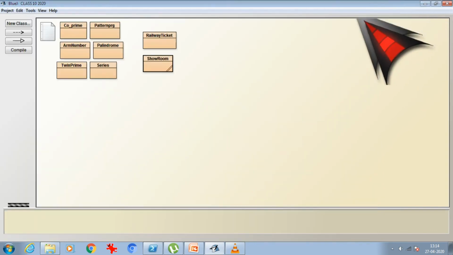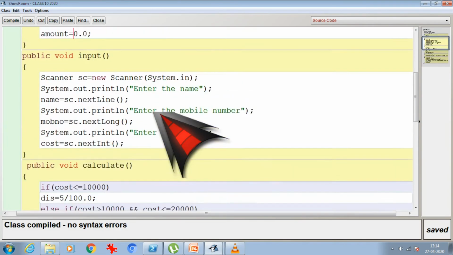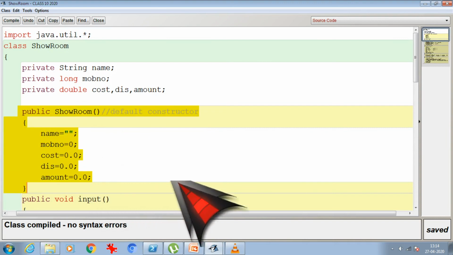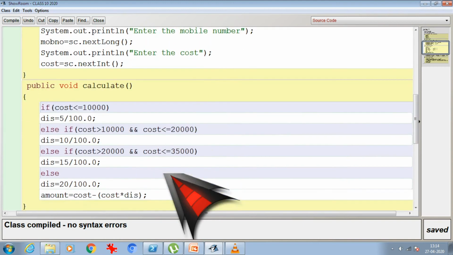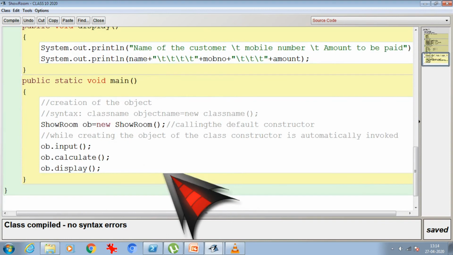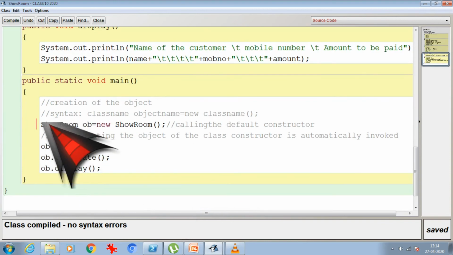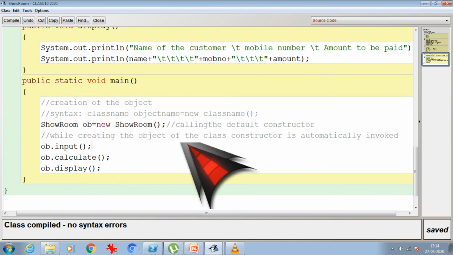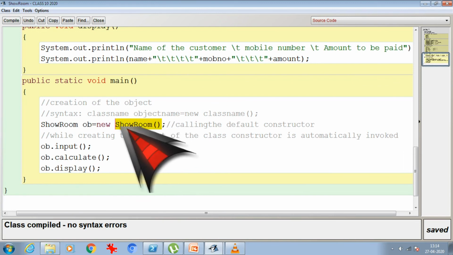Okay, so I hope you understand how to write the default constructor over here, which is very important. And before writing any other method, we write the default constructor first, then we follow with all the methods: input, calculate and display, whatever is mentioned in my question. And we do not call it with ob.defaultconstructorname, because it will be called automatically when we create the object of the class.